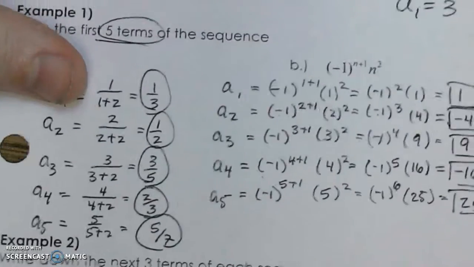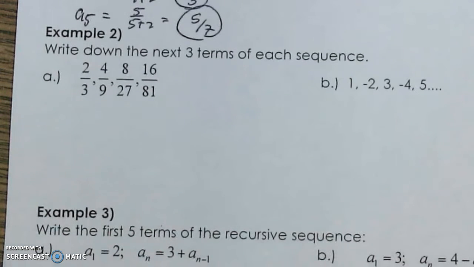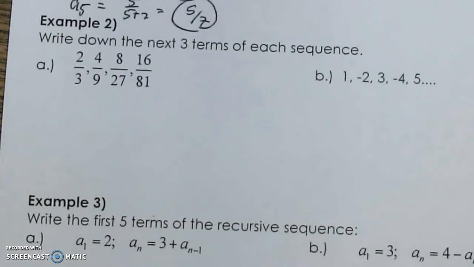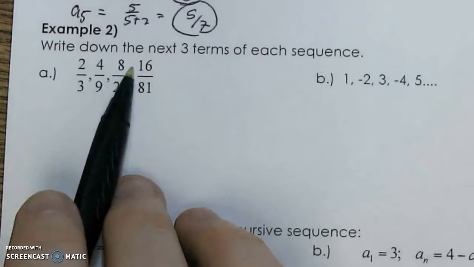All right, example 2. They give you the sequence and they want you to identify what's happening and then write down the next 3 terms in the sequence. And with fractions, I always look at what's happening with my numerators and then I look at what's happening with my denominators. So if you look at what's happening on top,